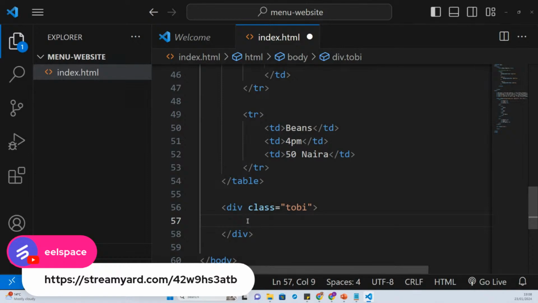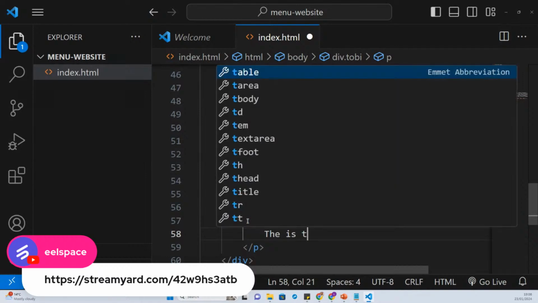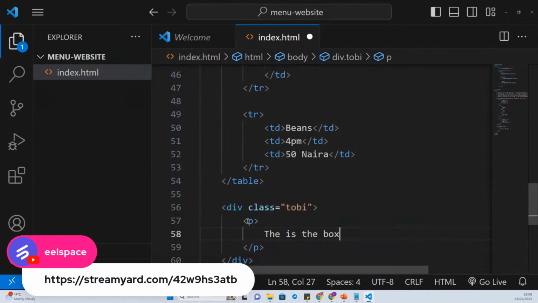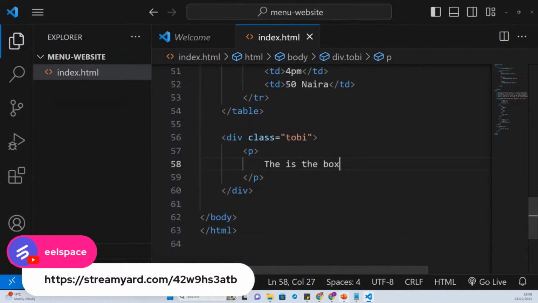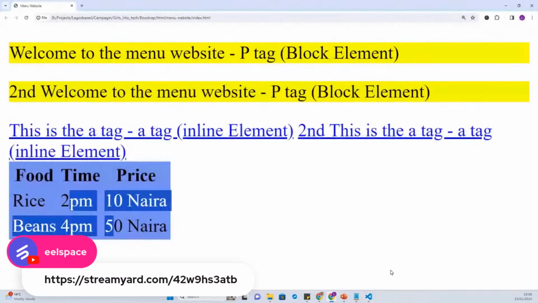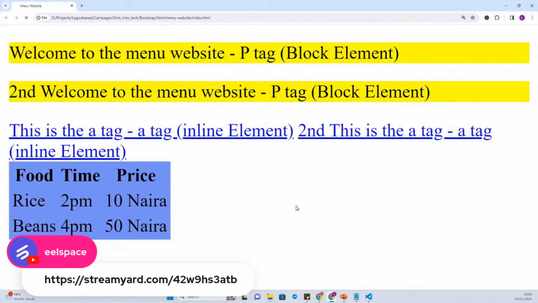So, now that I've done that, let us write a paragraph tag inside our CSS class, and let's just say this is the box. Okay. And we save. Let's go to our output. Let us see what we have. So if I refresh,